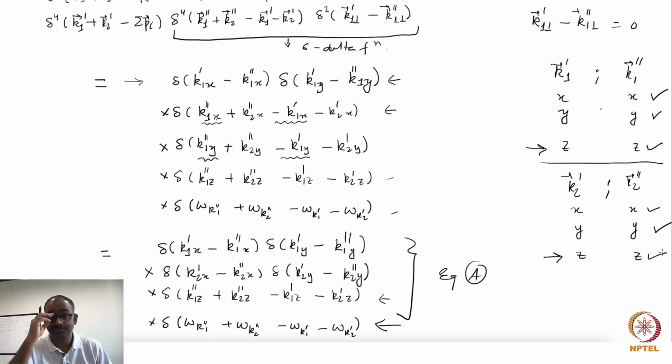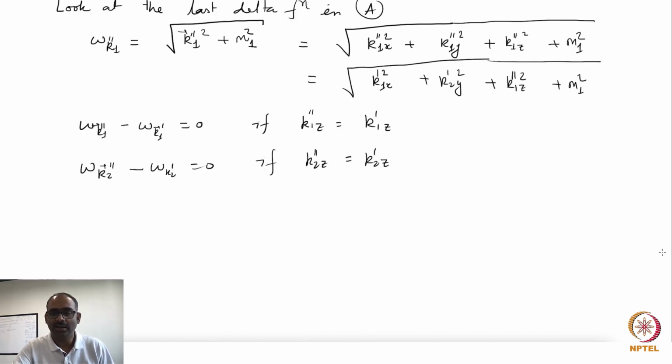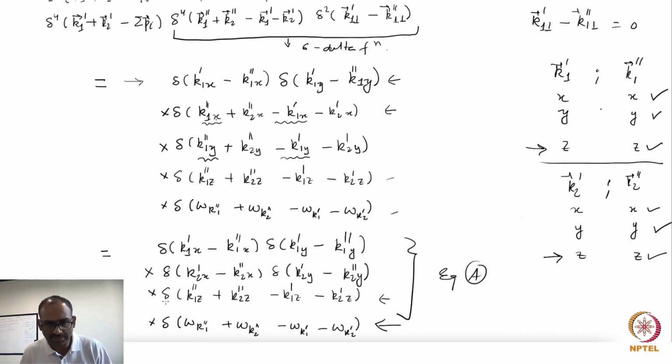Yeah, that's good. So the z components match, and then I can use that information in this delta function,